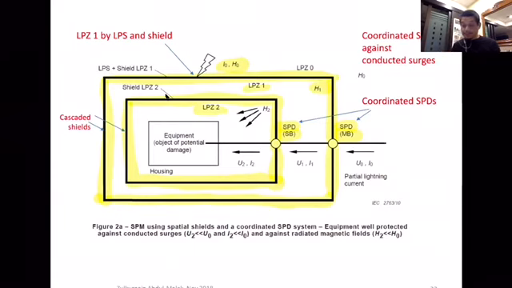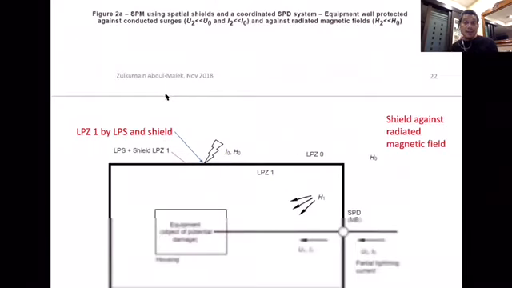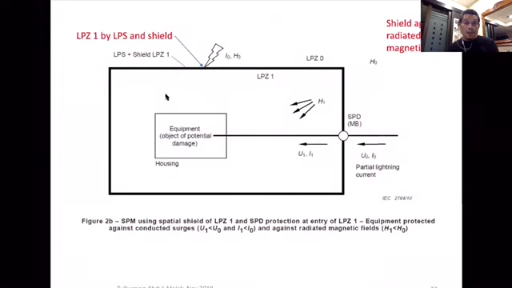In this case, we only have one shielding, H0 to H1, so LPZ0 to LPZ1. Similarly, for the surges, also one SPD only at the main board. For surges, we define U0, I0 to U1, I1. For radiation, H0 to H1. So these are the field, H0 to H1. But for surge, we go by